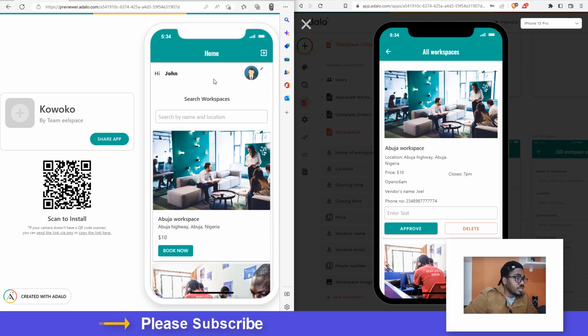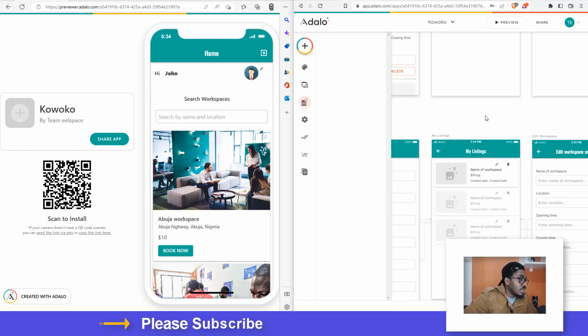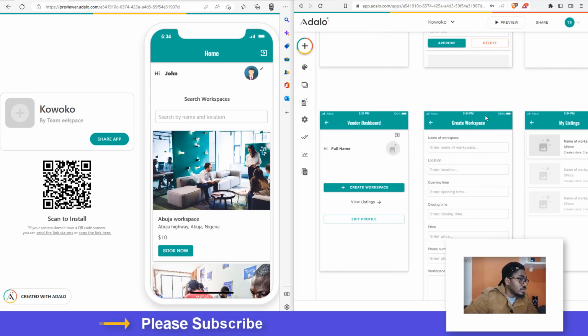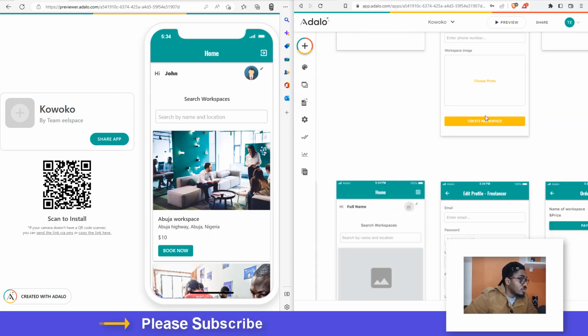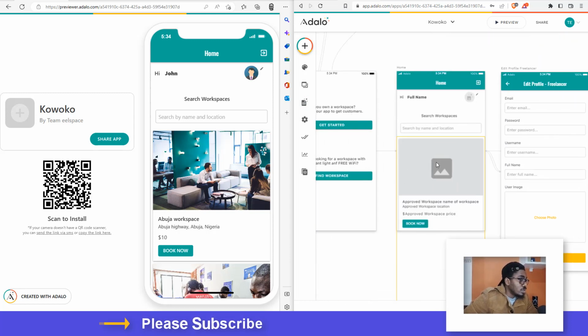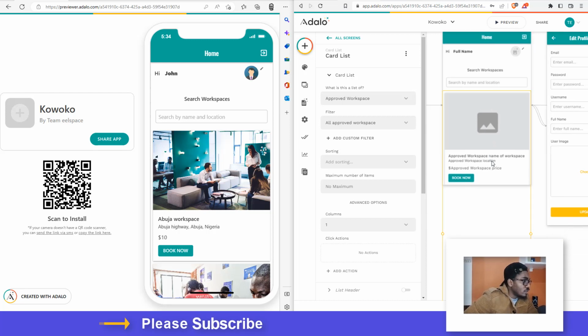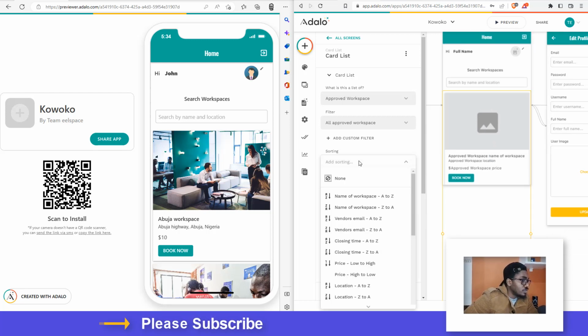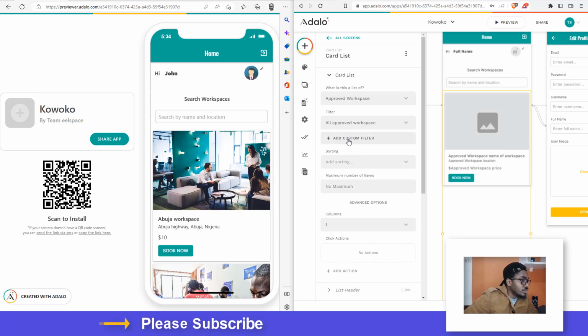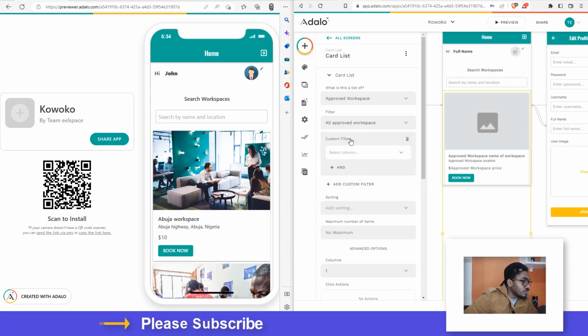Let's try to see if we can fix this last part. If not, we will fix it in a supplementary video. So I will close this now, and then we will try to see how we can fix that. If not, we fix it in a supplementary video. So we'll click on this, right? Then we want to add a custom filter. Now the custom filter, we just want to be able to sort this stuff. So we click on this, add custom filter,